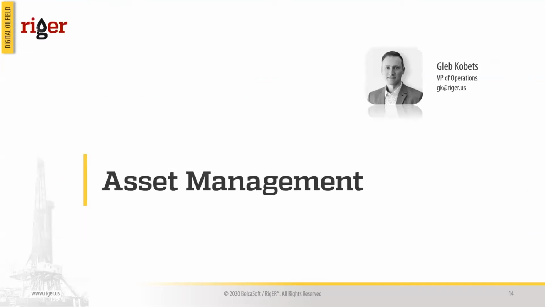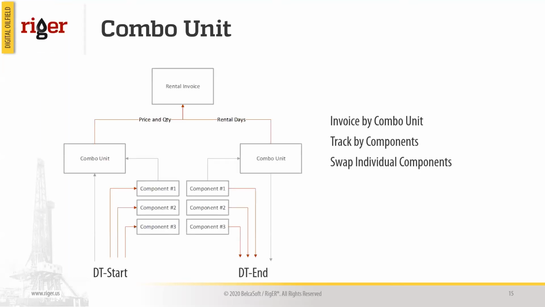Now let's talk about asset management for light towers and generators companies, and how they can operate their rental fleet. Along with the standard rental items as serialized rental units, we can also build combo units in the system, which will accommodate different components. The combo unit type of record in RigER is something that you can pre-build and name however you'd like,